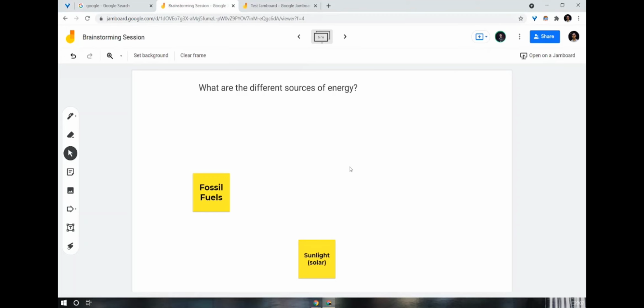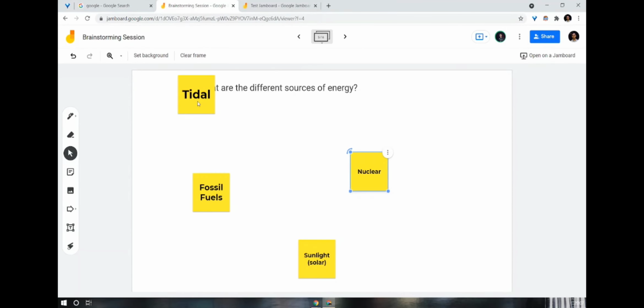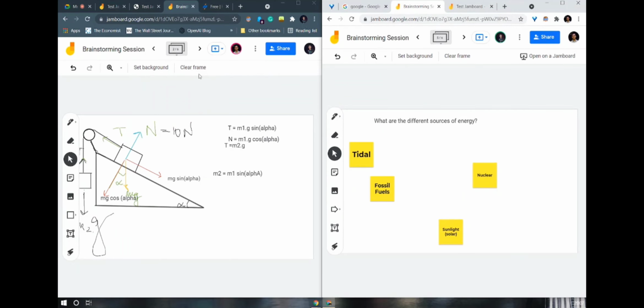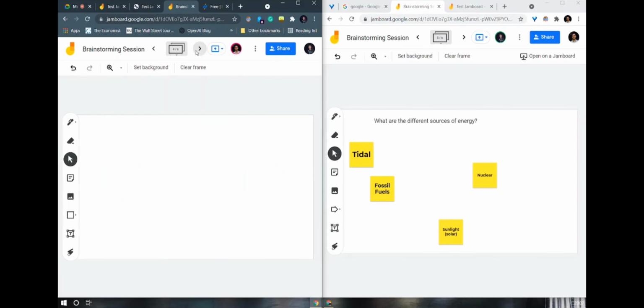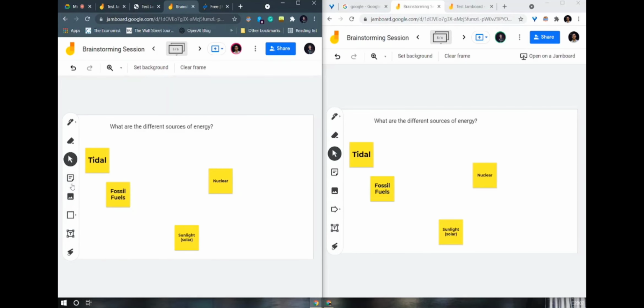Again, coming to a brainstorming activity where you want to introduce a new topic, what you can do is you can ask students to share some prior knowledge or to get ideas from them. Just ask them to put in whatever ideas they have. For example, here the teacher is trying to start a new chapter on energy and is trying to test how much the students know already. So the students can put in different sticky notes by sharing their ideas, and again, whatever is put by the students is reflected on the teacher's board, on everyone's board.